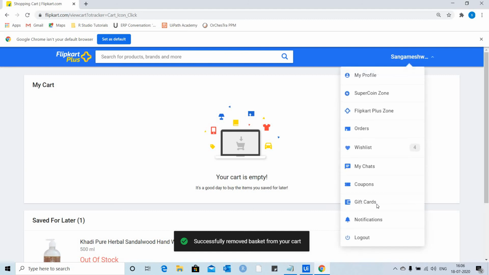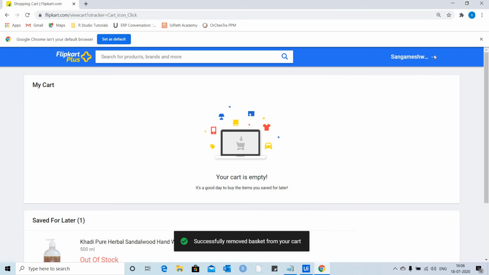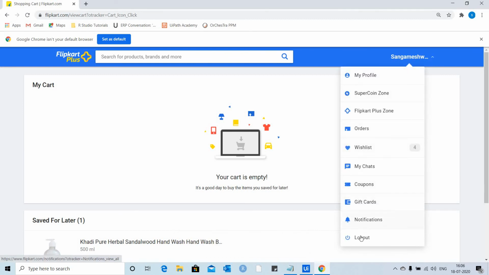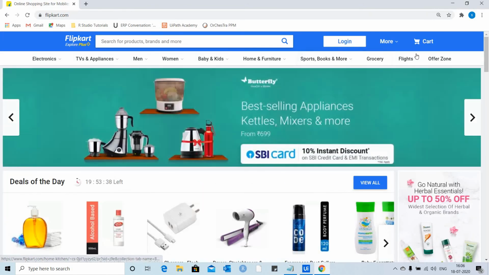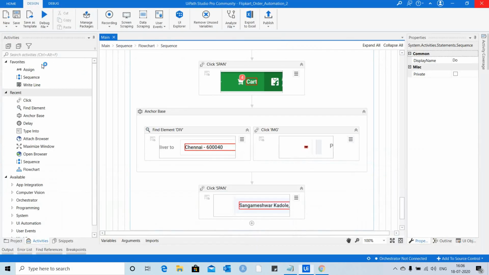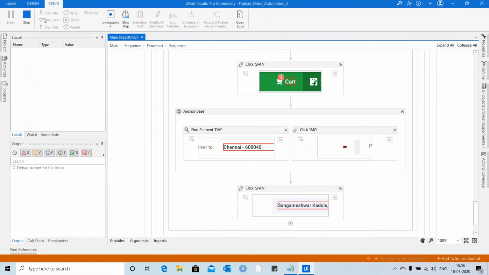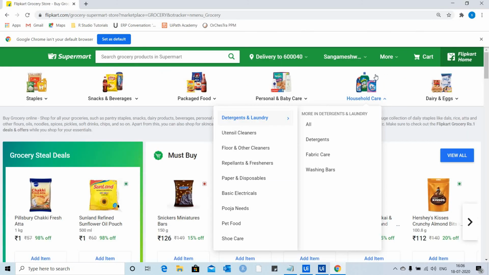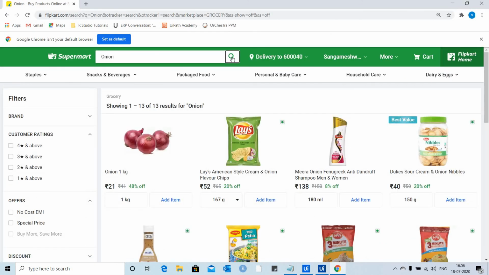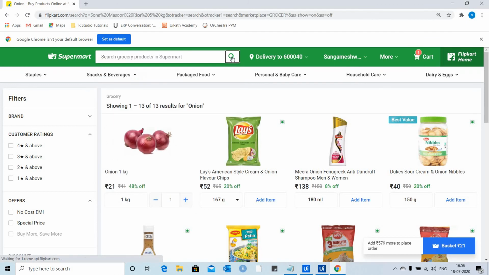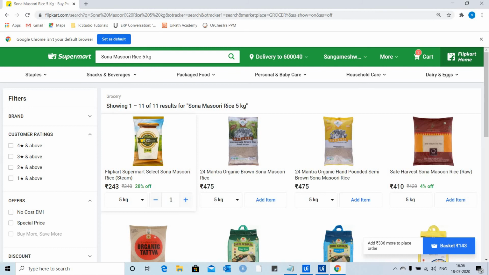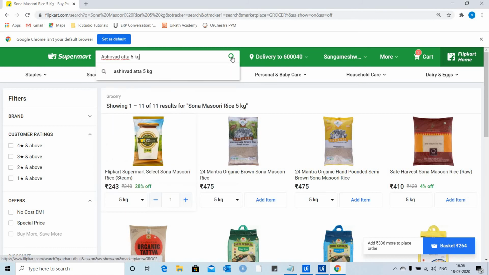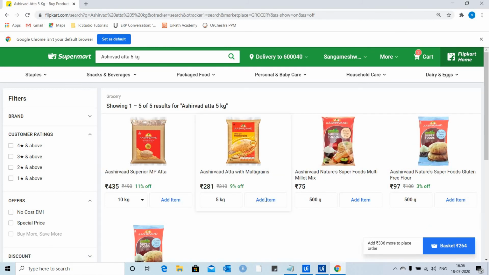Then log out from here. Close the window. Let's debug the file again. So we are able to add this one item.